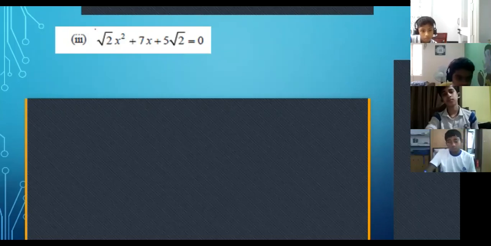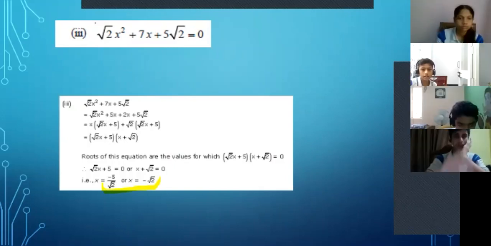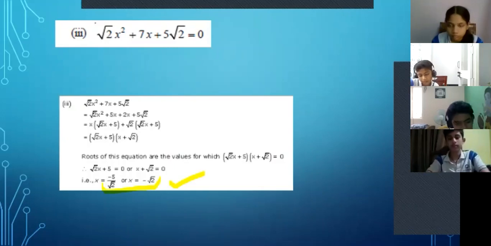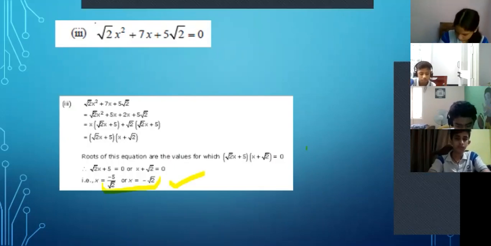Fine. Edwin, could you do the sum? What was the answer? It wasn't loading up for me. Dhruv, still working on that. Is the answer -5 upon root 2? Yes, ma'am. Perfect. All those who have still not got the answer are working. All those who finished with this can move on to the fourth question. Question number 1, the fourth one. Do it.